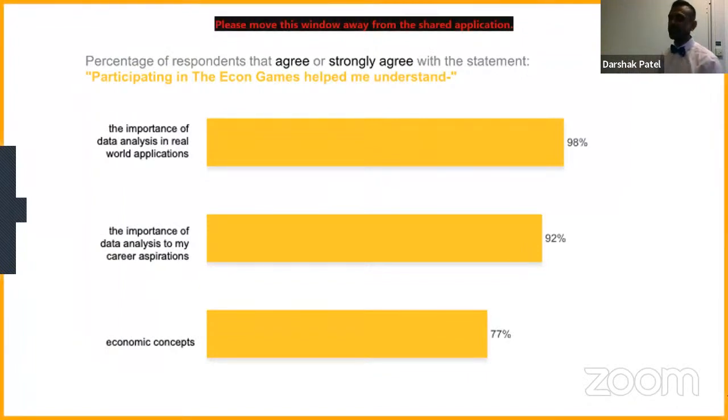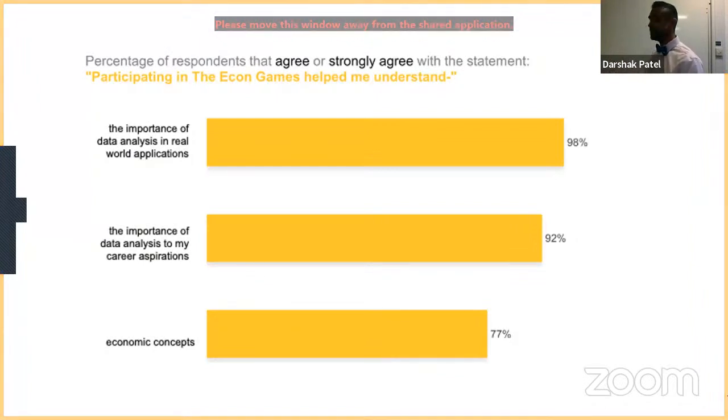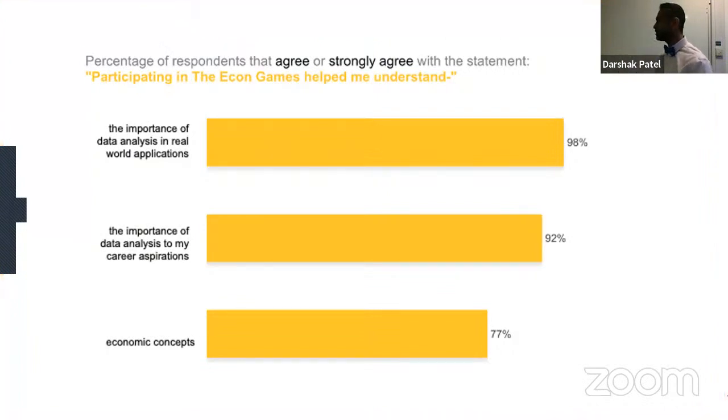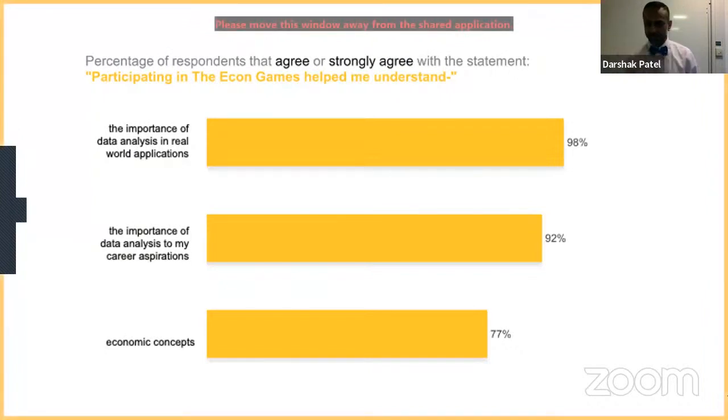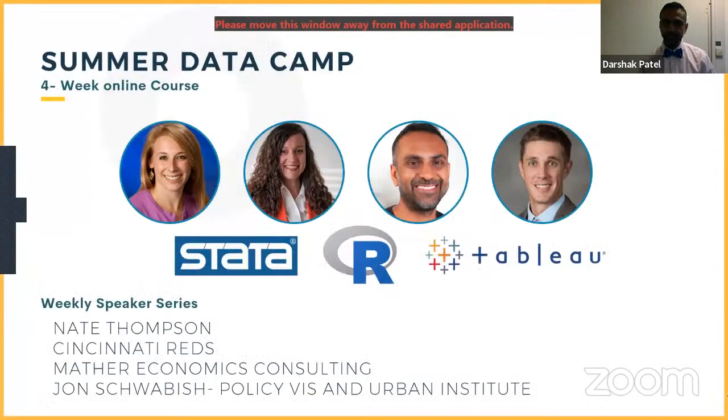And then the idea of economic concepts, that was a little bit low at 77%, but that kind of makes sense because there are not many times we use those economic terms and concepts in presenting our findings. So there are some ideas that can be presented in your findings based on what the research question is, but not all economic concepts would be applicable to all the findings that they found. So yeah, we could see that be a little bit lower.